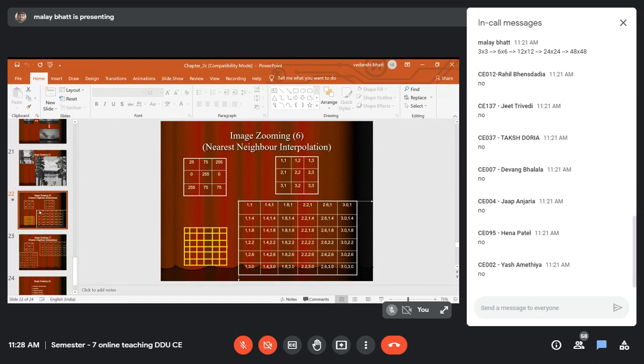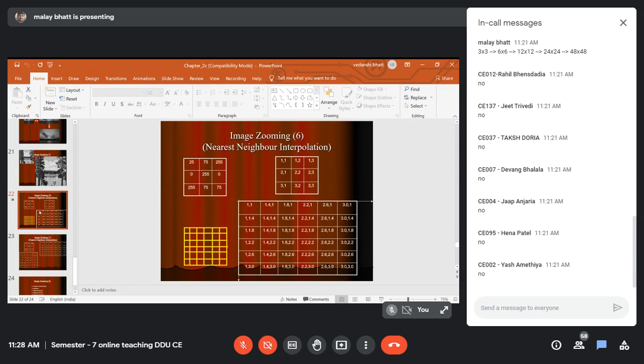So basically, we have 3 elements in the first row. Now I want to convert the 3 elements to 6 elements. So basically, what we are doing, that we have these 3 values. So we'll divide this 3 with 6. So basically, what we are doing is a kind of getting more points between the 3. We have a 3 centimeter line, right? It is just like that. We have a 3 centimeter line. And now, instead of that 3 centimeter, I want 6 points. So what will I do?